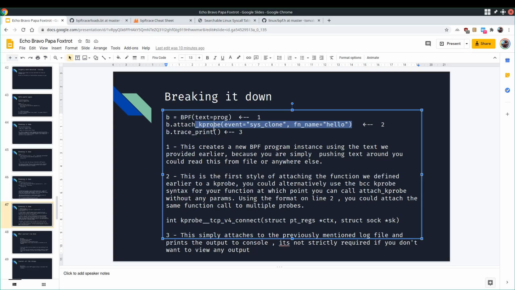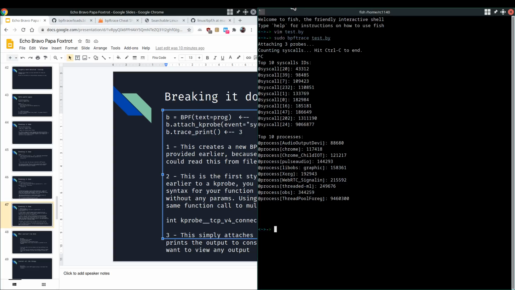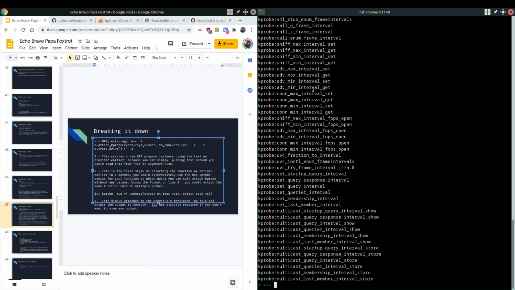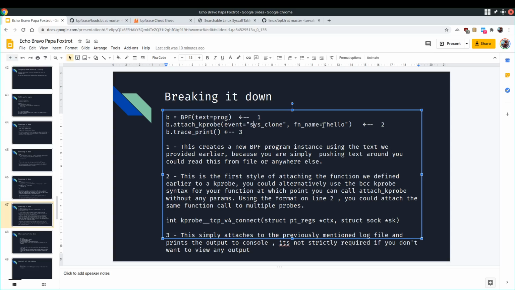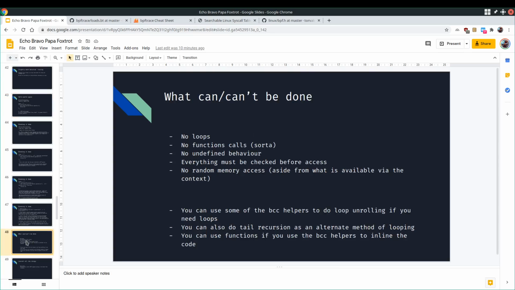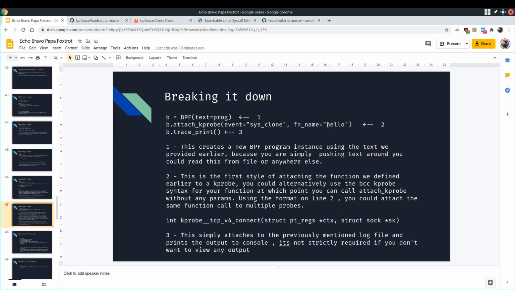You typically always attach to a kprobe, even though you may use a user probe here. The event is the kernel probe that we would have seen if you did bpftrace -l. So any one of these probes is what you would add for the event, and then the fn name, or function name, hello, is what we defined originally in our function name within the prob variable. So if that doesn't match, again, the code won't execute,